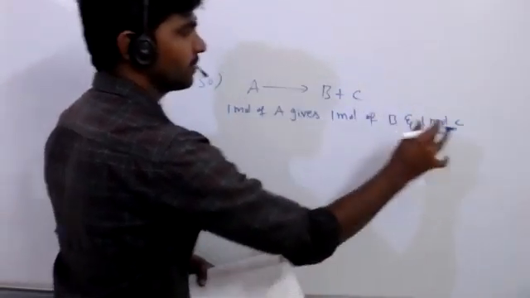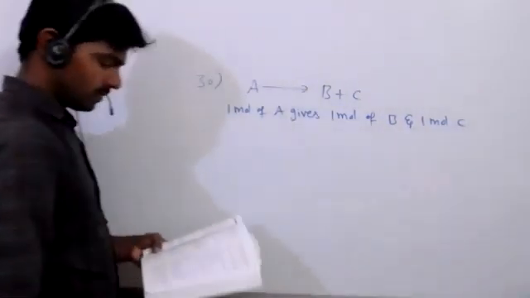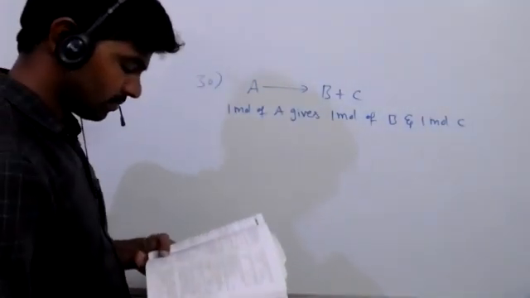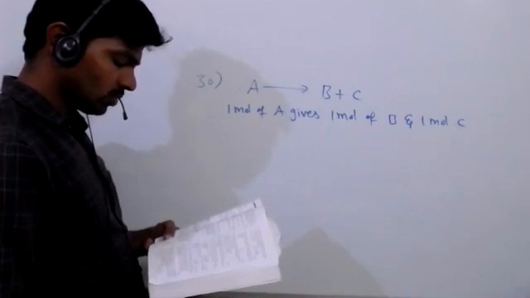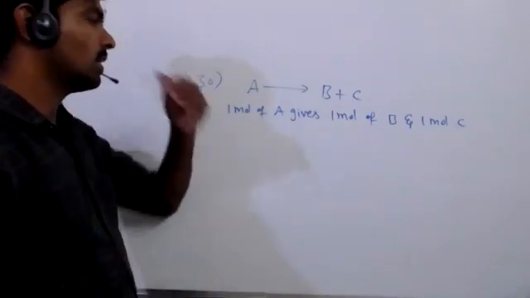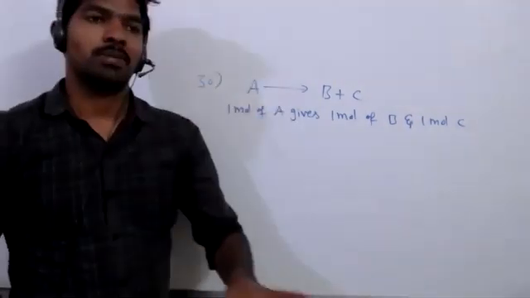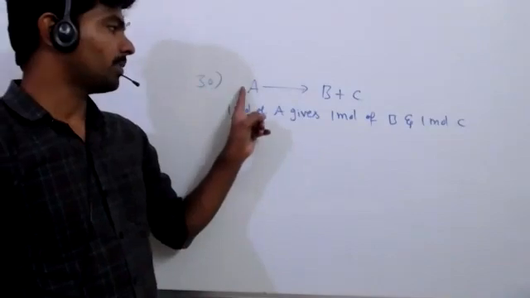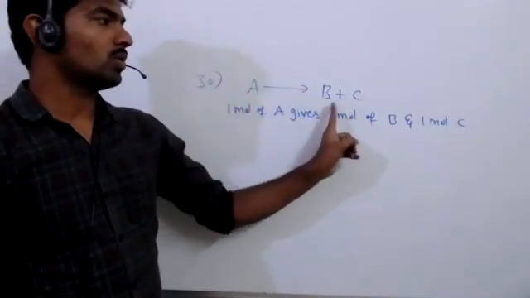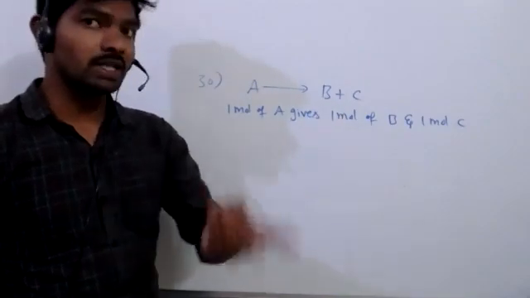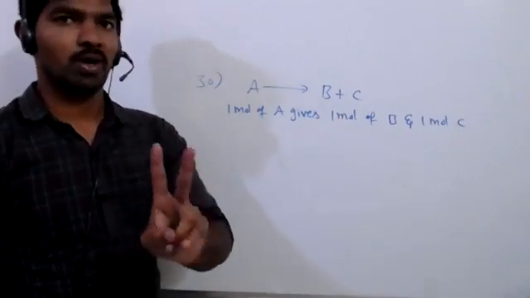One mole of C, okay, at the end of the reaction. So after the completion of the reaction, total pressure is 180 mm of Hg. See guys, suppose the particular reaction is completed. I am taking 1 mole of A, giving 1 mole of B and 1 mole of C. Now the total number of moles, if the reaction is completed, is only 2 moles of product.